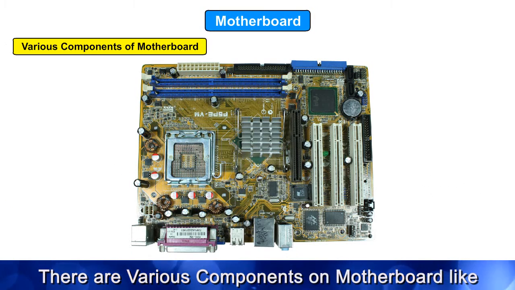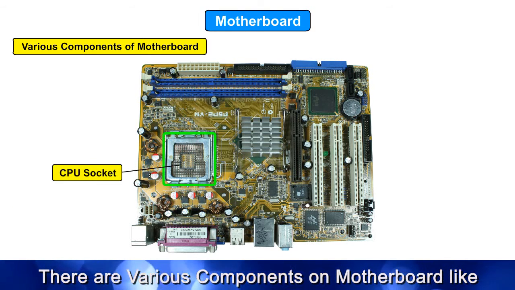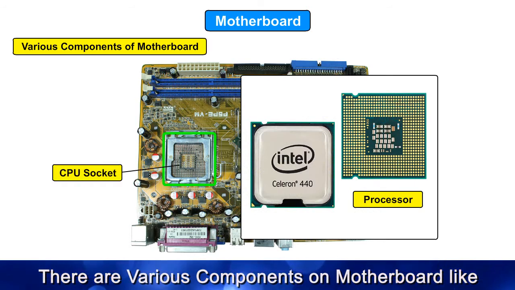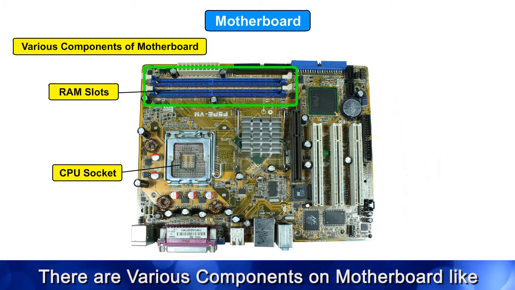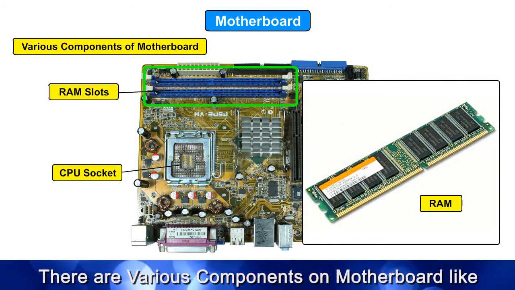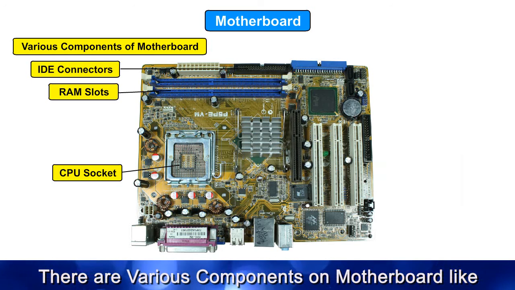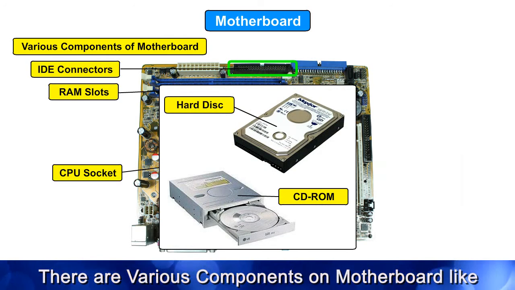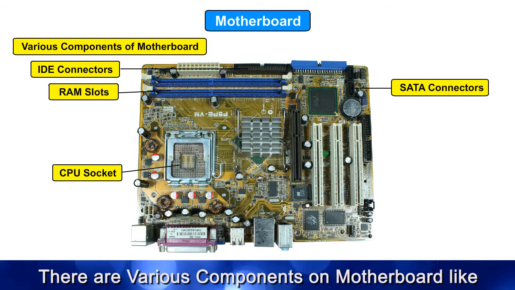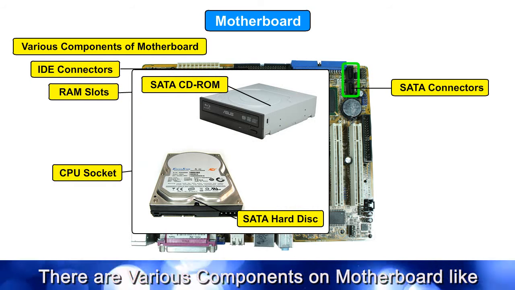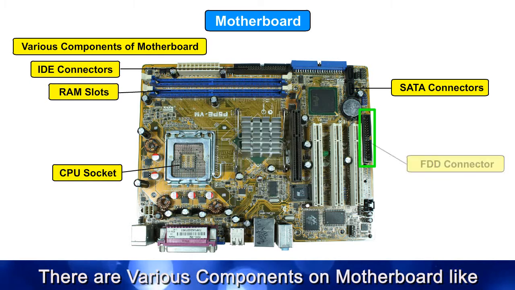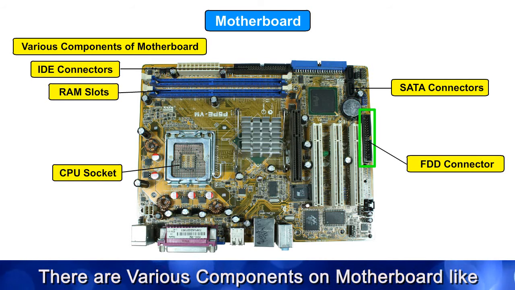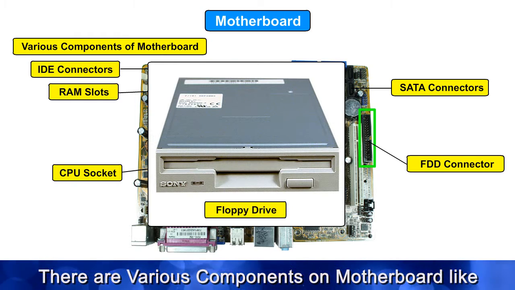There are various components on motherboard like CPU socket, which is used to connect processor, RAM slots used to connect RAMs, IDE integrated drive electronics, connectors to connect IDE devices like IDE hard disk or CD-ROM, SATA Serial Advanced Technology Attachment, connectors to connect SATA devices like SATA hard disk or CD-ROM, FDD Floppy disk drive, connector to connect floppy drive,